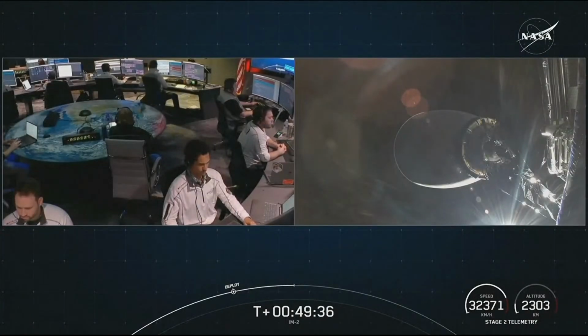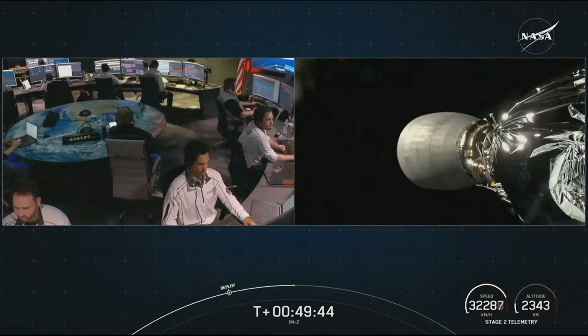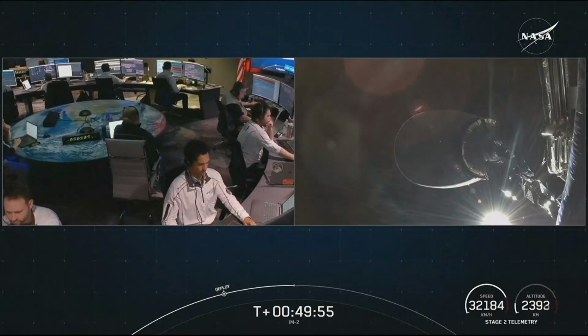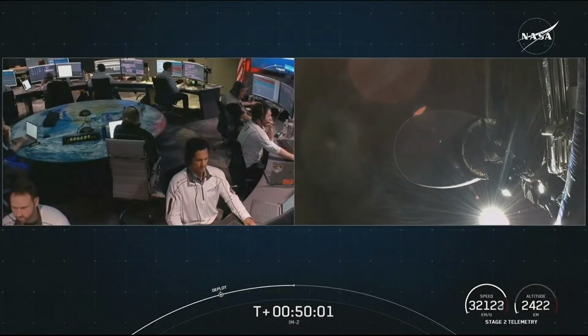Those are the large radio astronomy dishes on Earth that are needed to make that connection to Athena out in space. What she's doing right now is autonomously commissioning. That's a process where she's turning on her power systems, getting into max power attitude. That's pointing that top deck solar array right at the sun, making sure we're getting good power coming through. Again, I'm just getting a little bit of information here that the visibility of the first ground station to make that connection with Athena,